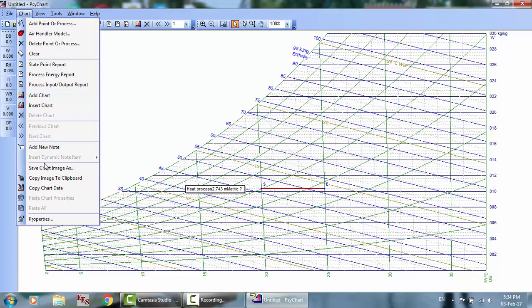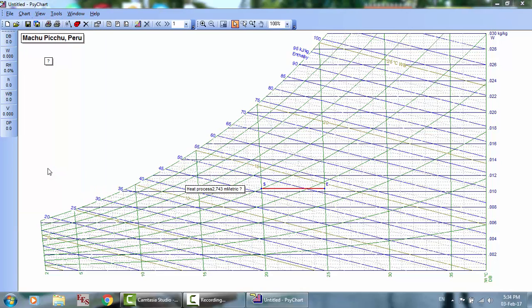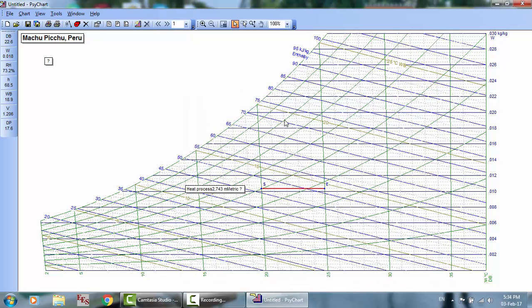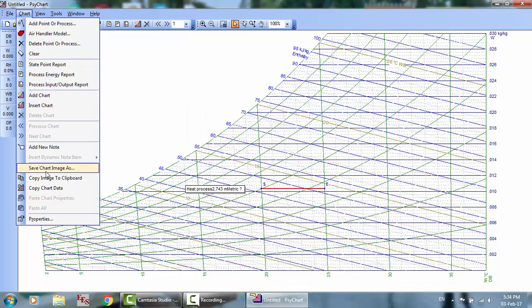Save a chart image as here, like this, and then you can use it in another program. And copy chart data. You can copy all the chart data to another chart, and here the properties,